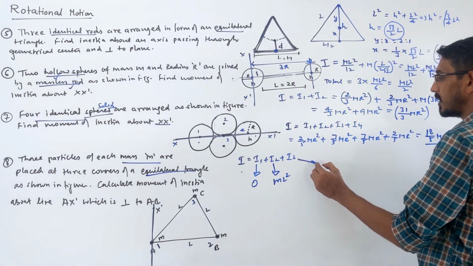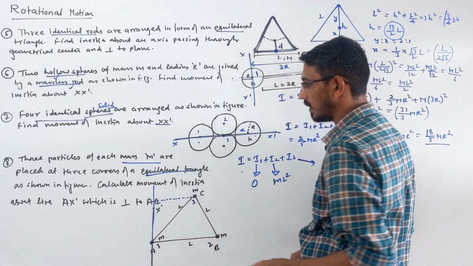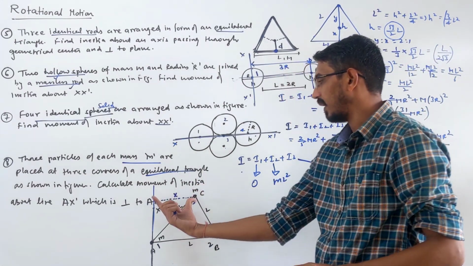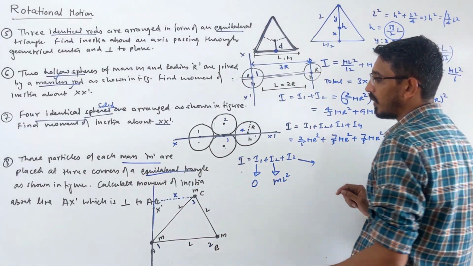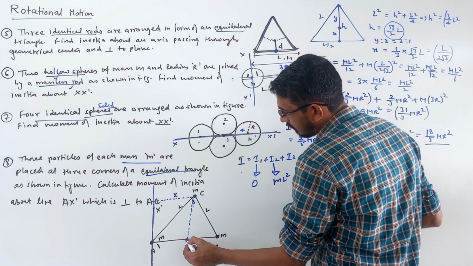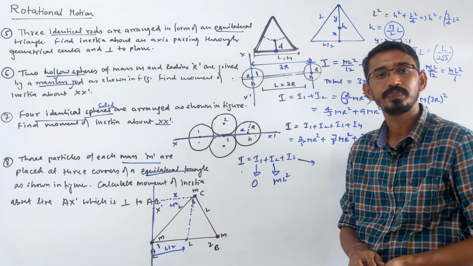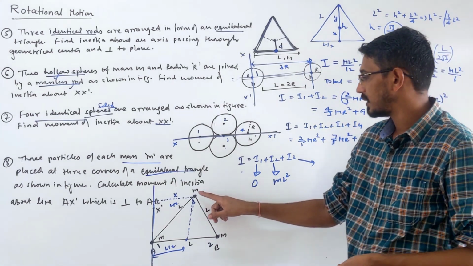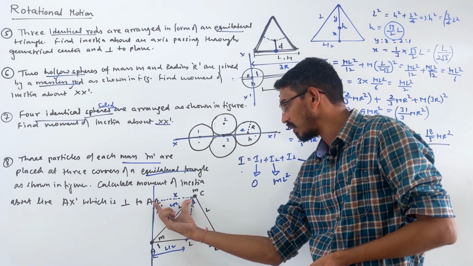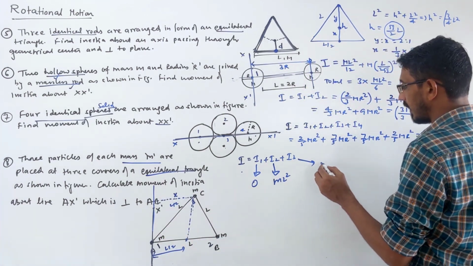Now you have to find inertia of the third sphere about this axis. So we need that distance. This distance we need, correct? Let's call it x or y. Then mx square will be your answer. If you want to find that distance, if you watch carefully, draw a line here. That distance is L by 2, right? Because this straight line cuts at the middle point of this side. So that distance is also L by 2, because these two lines are parallel.